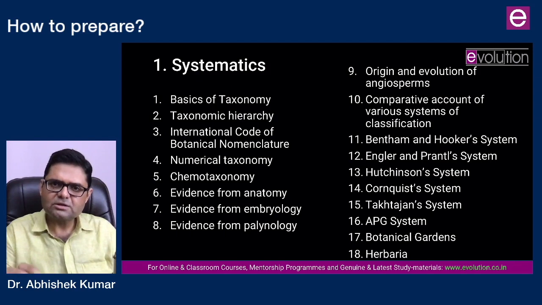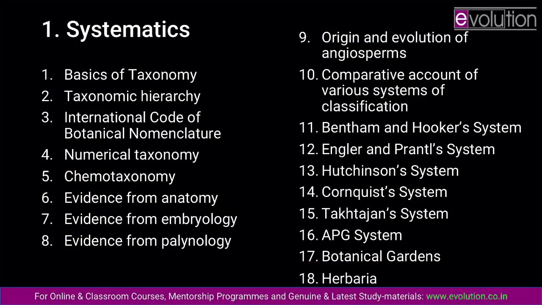There are certain topics from where a subtopic level question has also been asked that I will be guiding you in the discussion. So the topics of proper systematics are as follows. Basics of taxonomy. Here you will need to understand terms, what is systematics, what is taxonomy, what are the stages of taxonomy, what are the major types of taxonomy. Here you will be learning the difference between alpha taxonomy, beta taxonomy, omega taxonomy, natural classification, artificial classification, phylogenetic classification, so on.